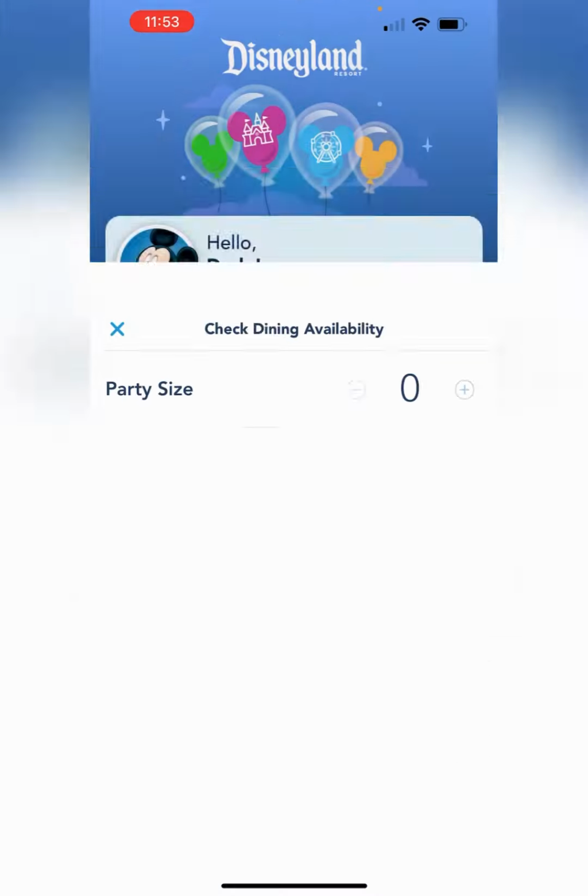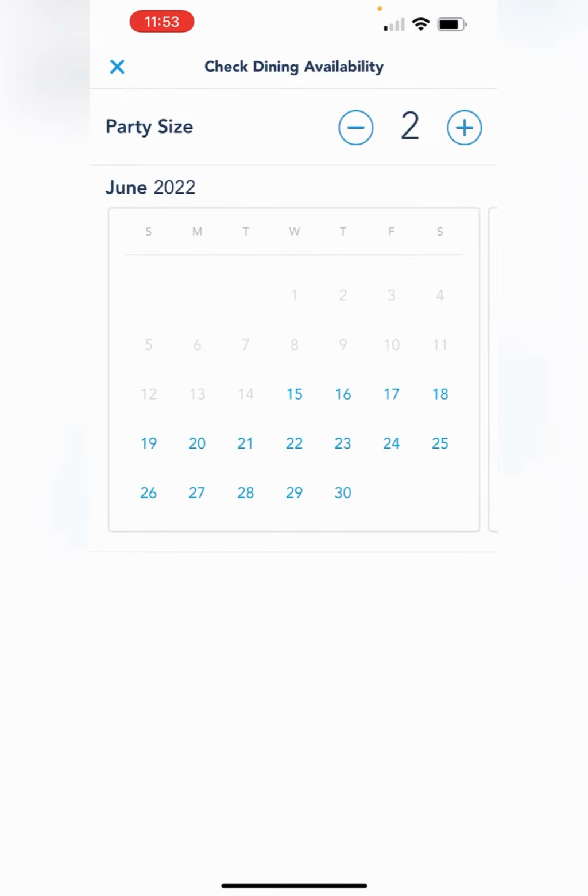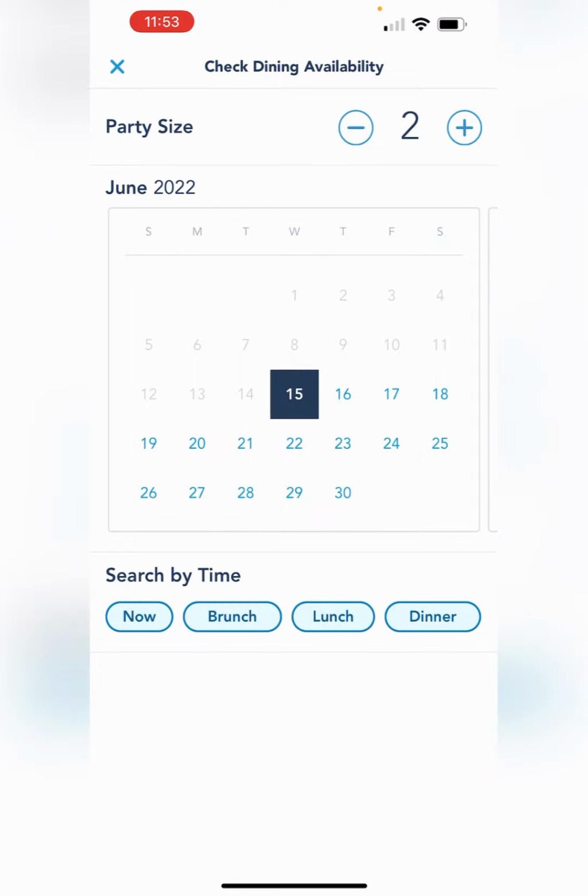Check dining availability. So let's say you're walking through the parks, you don't have a reservation, but you really want to sit down, and maybe counter services don't look good to you, and you just want to get out of the heat and sit down at a nice table service. You come up to check dining availability, do your party size, click the day that you want, and let's say that we're going to do today,